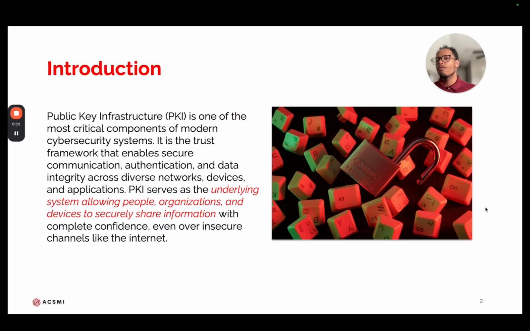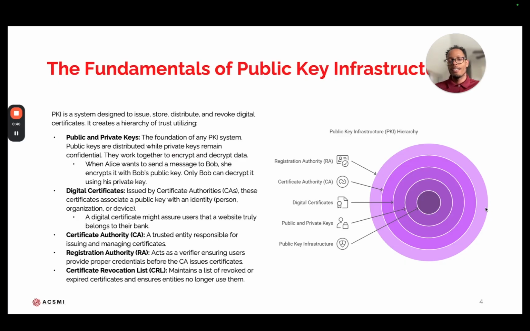PKI, like we mentioned before, is the process of utilizing two types of keys. It helps a lot because we're able to say, hey, this person sent this data, and I know they sent this data because there's a digital signature associated with it. It helps with the ability to authenticate and say, hey, you're literally the person that sent this. I'm using non-repudiation now because I know.